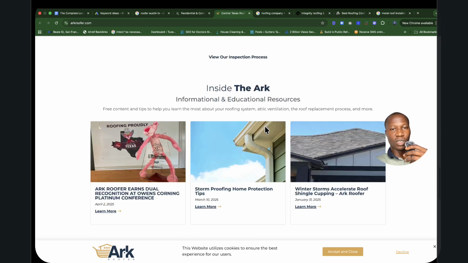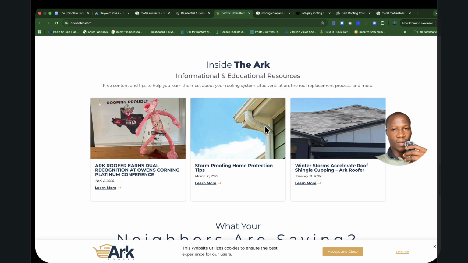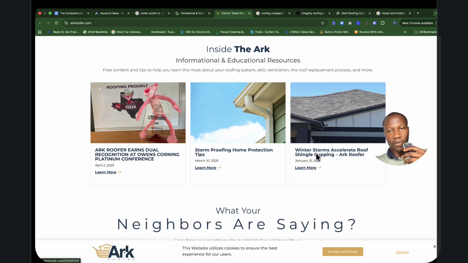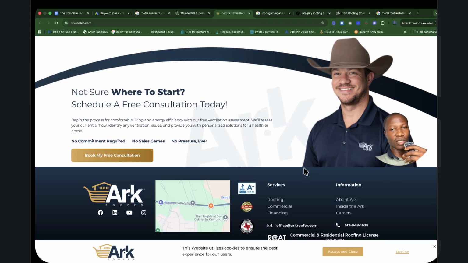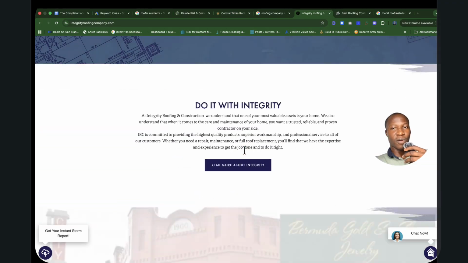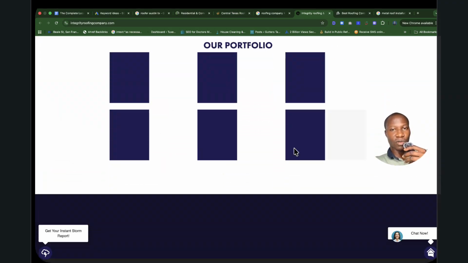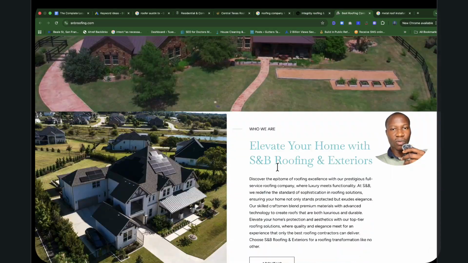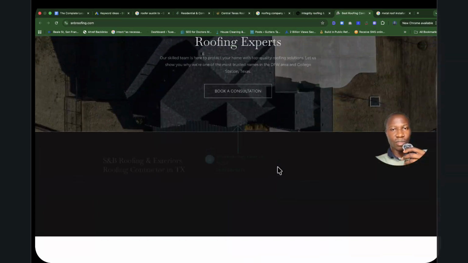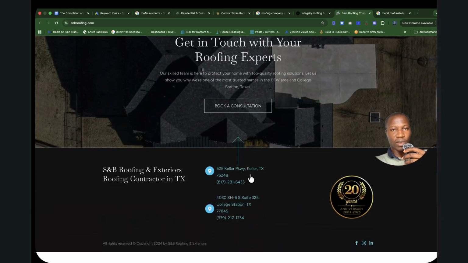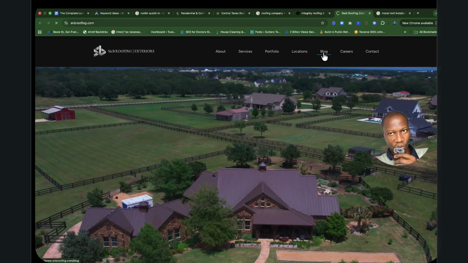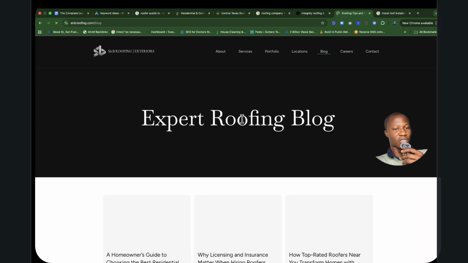Are they having any blog posts here? Let's see. Okay. As you can see, they're having informational posts here also. So these are some of the informational posts that they're having that is actually going to make the buyer make informed decisions. Let's see if this one has also, integrity roofing. Do they have any? No, I don't think they have. Let's see what this one has, if they do. Okay. This one does not have any blog. But there's a reason for why they're ranking, but okay. Whoa, they do have a blog. Just like I guessed.